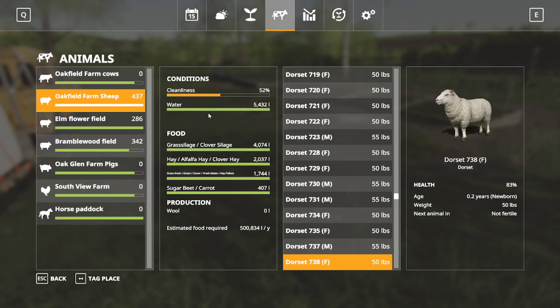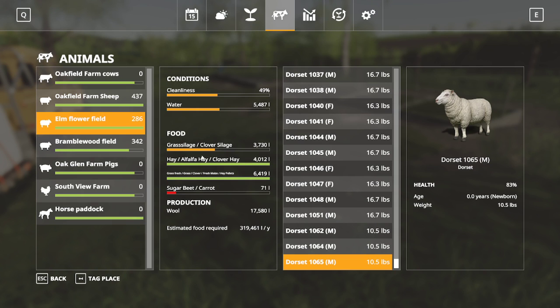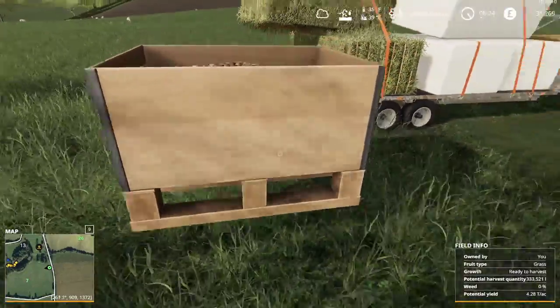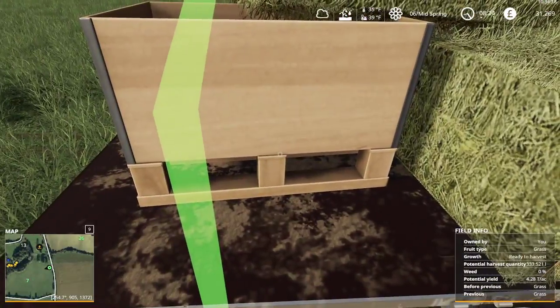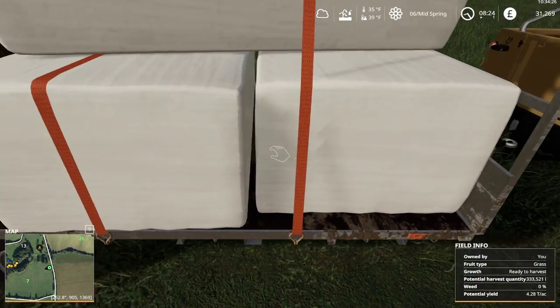Okay, which field am I in? That's the top one, which isn't clean yet. We just did clover hay, so that's okay. So we're on Elm Field. We need the silage, we need the sugar beets. Probably do the sugar beets next. Do the silage, which is going to be that one and